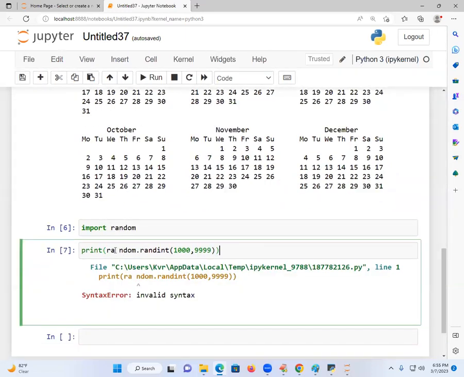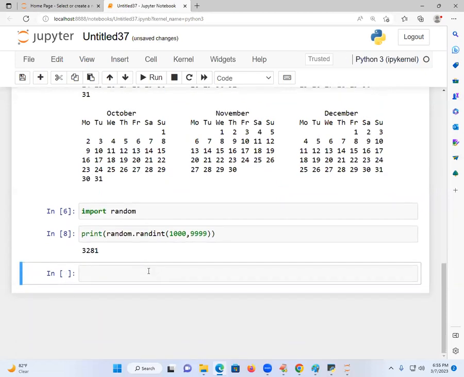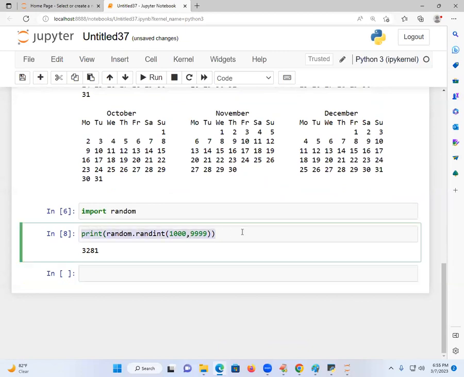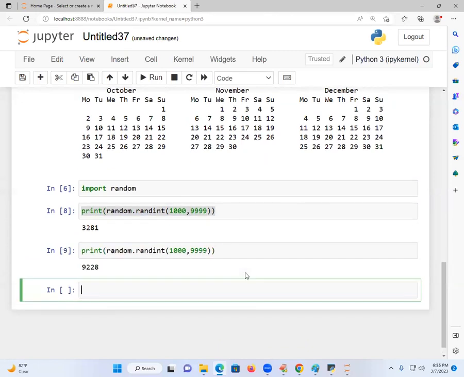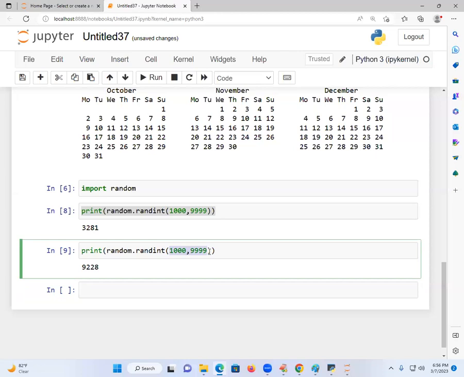randint, I give the spelling of random with a space. See, students, I will get one number. This is a random number. Do you know which OTP will come? No. Are you following, students? Are you following? So see, do you know which type of random number will come? A random number will come with what? A 4-digit OTP. The minimum 4-digit number is 1000. The maximum 4-digit number is 999.